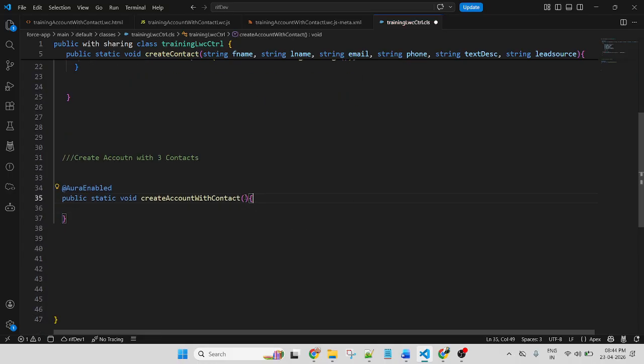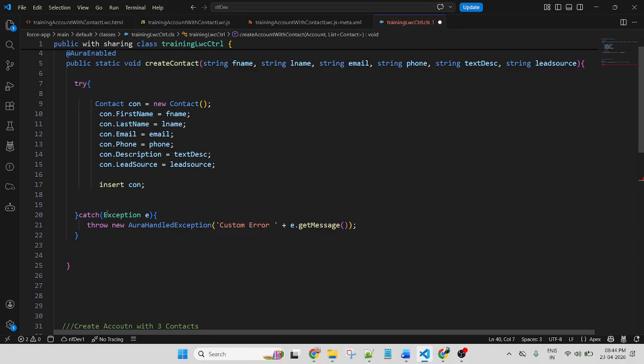And here I will pass two types of parameters: account and list of contact, an object list as a parameter. Similarly here I am using try and catch.